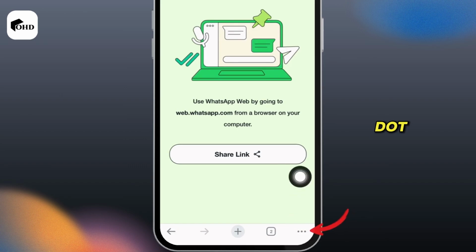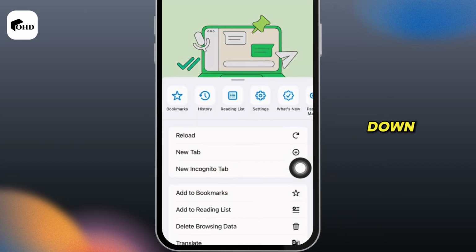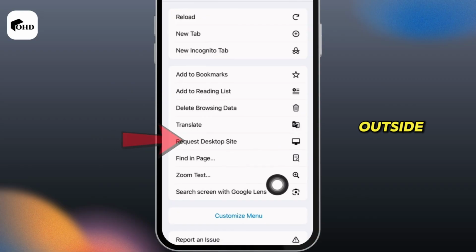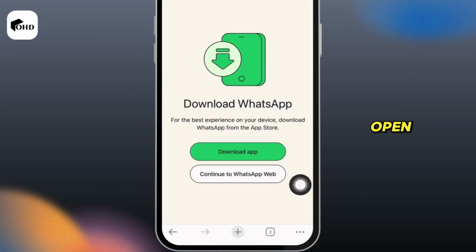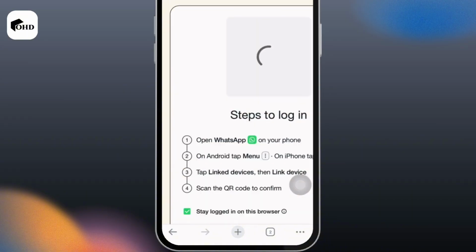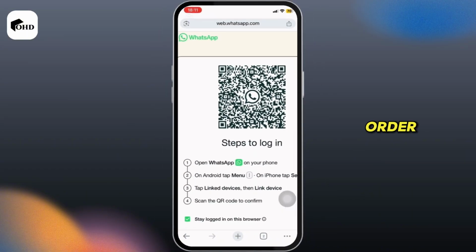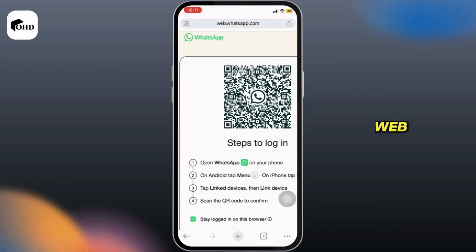Now, click on this three-dot icon. Scroll down and tap on Request Desktop Site. A different site will open. Continue to WhatsApp Web. Now, in order for you to log in into your WhatsApp Web, all you gotta do